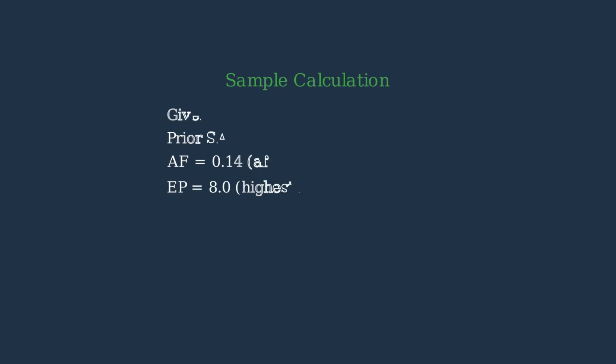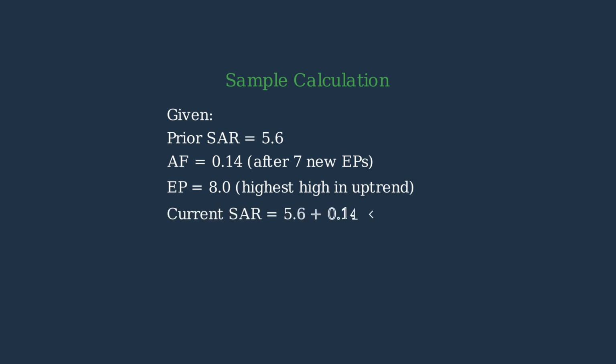In this example, we have a prior SAR value of 5.6, an acceleration factor of 0.14 after 7 new extreme points, and an extreme point of 8.0, which is the highest high in our uptrend. Plugging these values into our formula, current SAR equals 5.6 plus 0.14 times the difference between 8.0 and 5.6. Working through the calculation step by step,